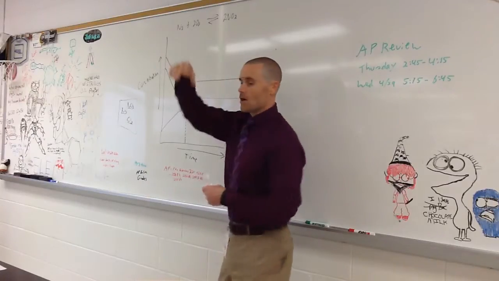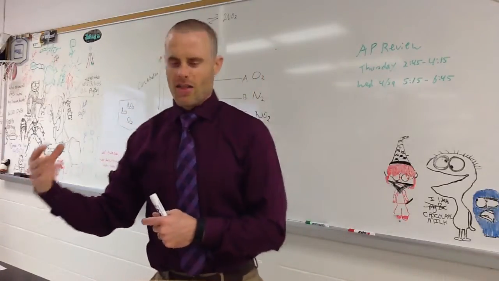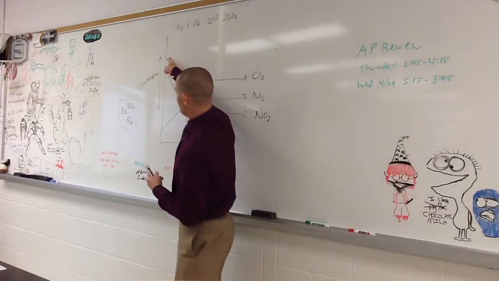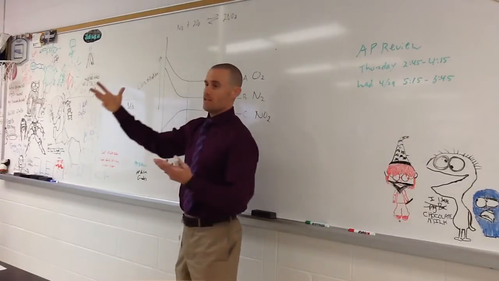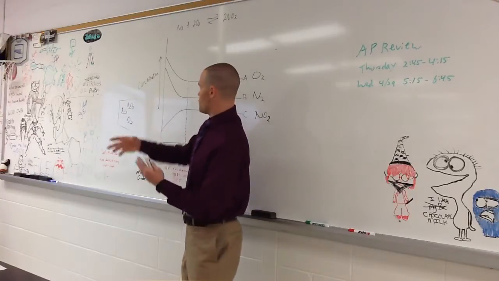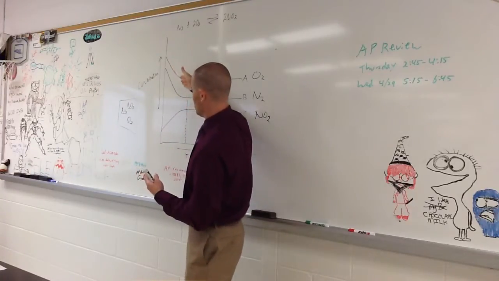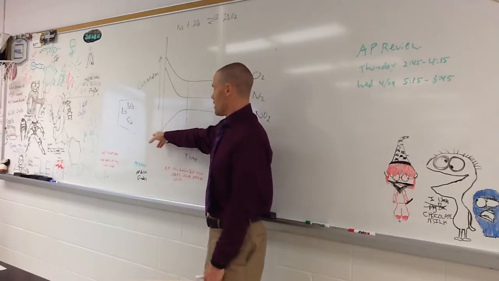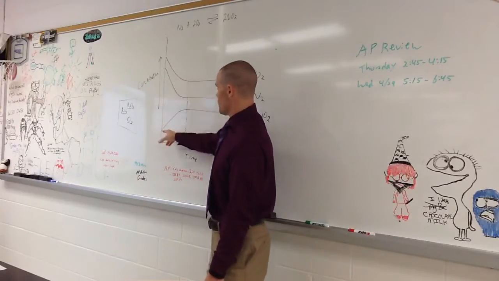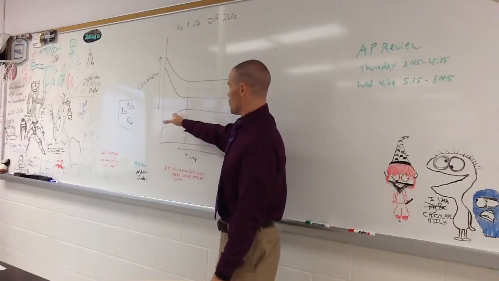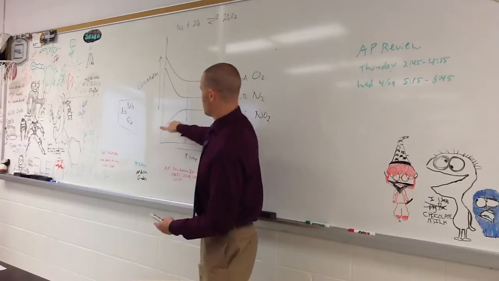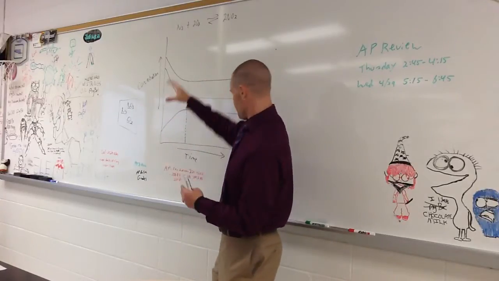Okay? Long time ago, I started this whole equilibrium thing, I think, or reactions, with making peanut butter and jelly. So let's say this is your peanut butter and your jelly. Before you open the containers, they're full. As you make sandwiches, the jelly and peanut butter is going to decrease. The level is going to decrease because you're using it. Well, look at this as the sandwich. You start out, you don't have any. As you make the sandwiches, you start to make more and more and more, so the sandwiches start to accumulate. So your peanut butter and jelly decrease, your sandwiches increase. Just an example for you. So